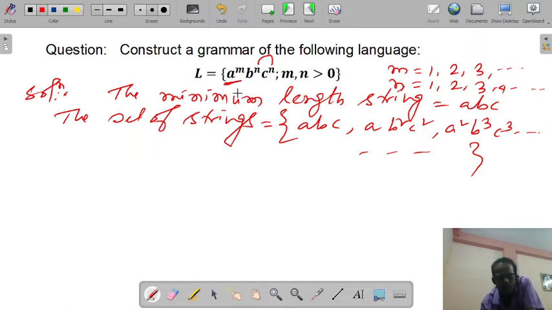One part is to produce the number of A. So we will generate the number of A using the variable that is supposed to be A. The next part we need to produce is BC. So in this particular case, the number of B and number of C should be equal. To generate the B and C, we will consider the variable B.